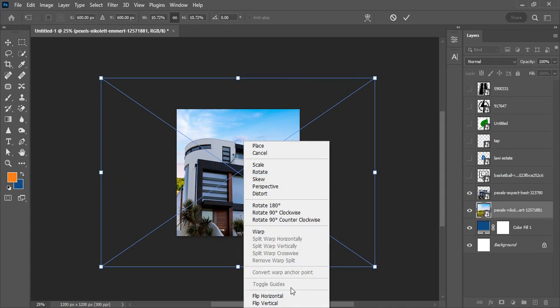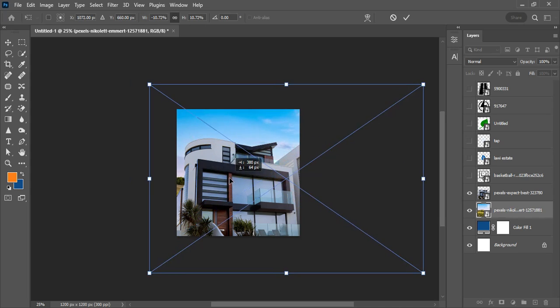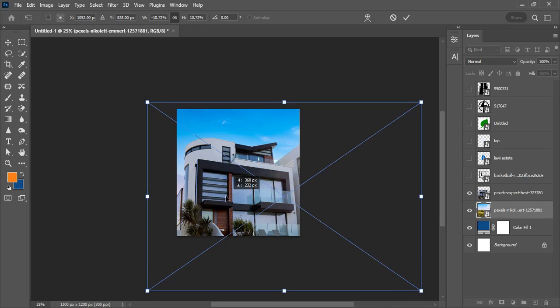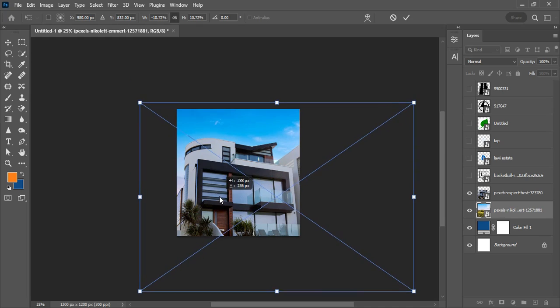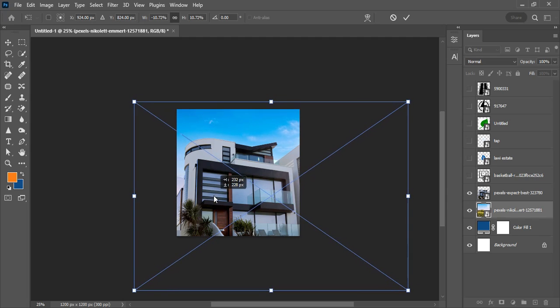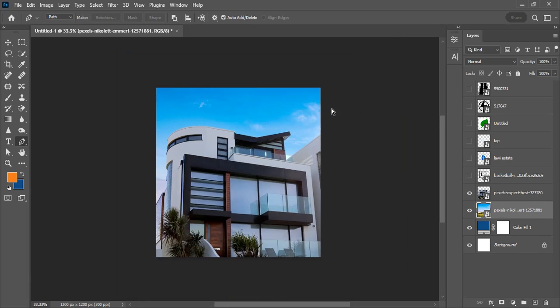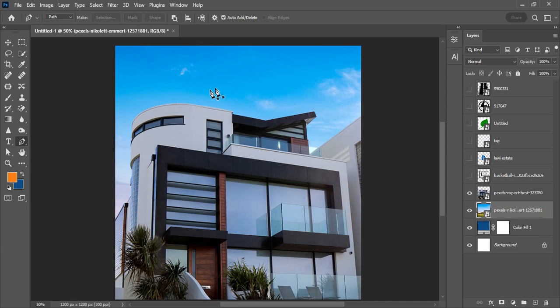Right click on the layer and flip horizontally, and drag and position it somewhere like this precisely. I think this is okay like this. So after you're done with that, you click on the check button. Then hit Ctrl 0 to fit to screen. After you're done fitting to screen, we'll move to the next phase by finding a way to add depth